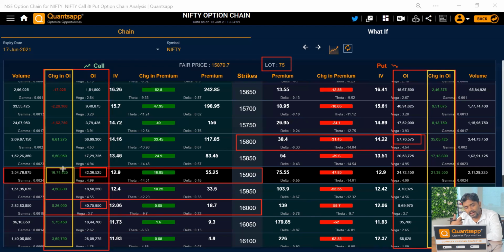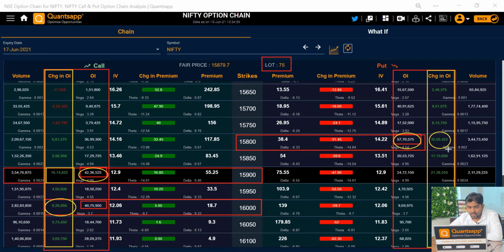Okay. Now, next day when the market will start, what is the value? Out of this 42, 16 has been added today only. So yesterday it might have been somewhere around, if we say, 26 lakh, okay, fine. So the shares yesterday might have been a 26 lakh value. Now it has increased to 42 lakh just because of the addition of this. Here we have added 8 lakhs only. Now if you see on the put side, this is 57 lakhs. So that's a very high value, out of which 35 has been added today only.